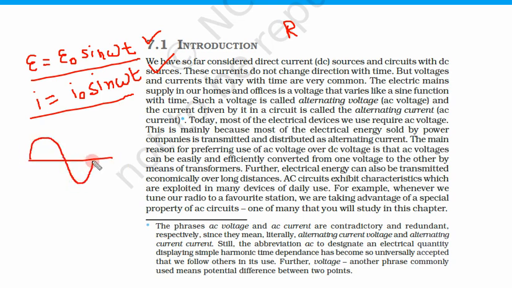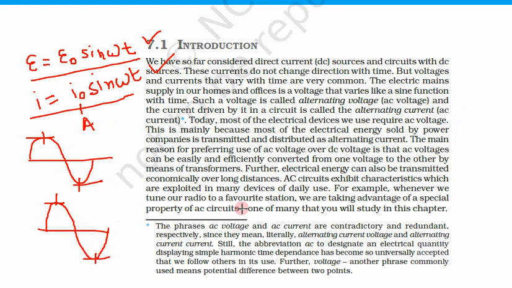So again, what is this I naught? This I naught is the maximum amplitude of the current. If we draw the voltage or potential, what is this epsilon naught? This epsilon naught is again the constant, the maximum value. The rest is the sine wave taking over this constant.